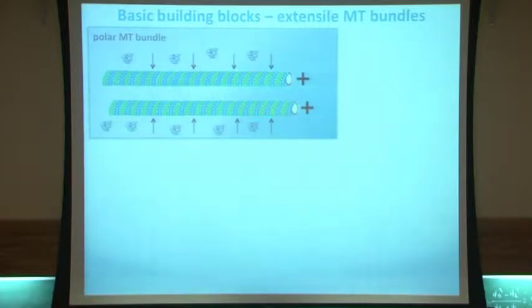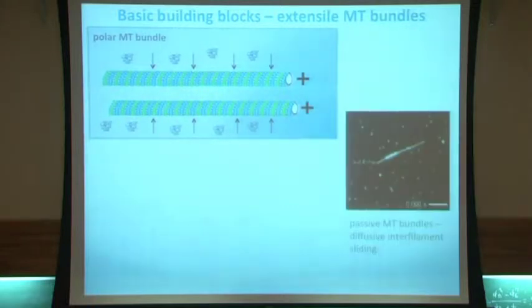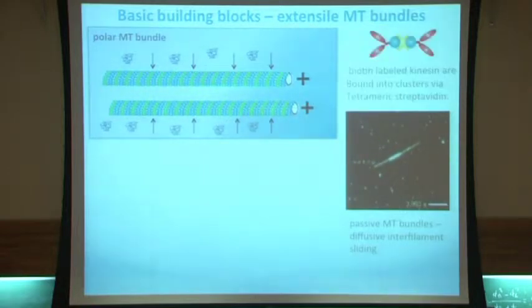And so, like actin, microtubules are polar structures. That means that they have a plus end and a minus end. And this is just my ubiquitous bundle that I showed you yesterday. You have a polyethylene glycol that holds this bundle together, and let's assume that they have equal polarity. That means that they both point in the same direction. And so I add these motors, and again, you get this passive diffusion,